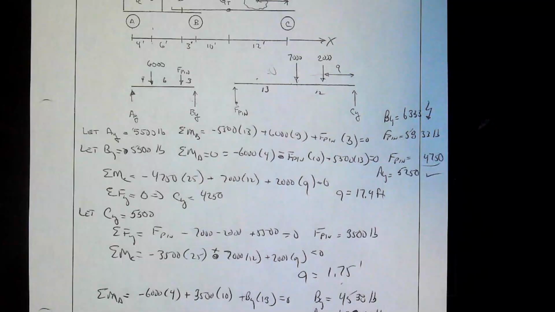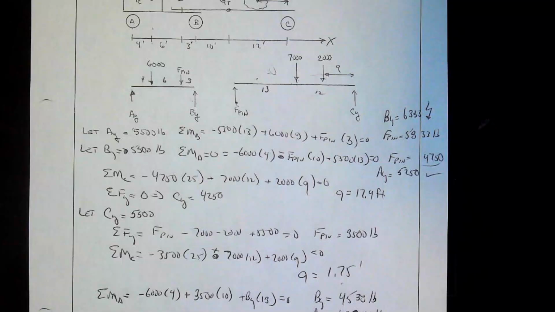That's going clockwise. Minus 5,500 times 13, plus 6,000 times 9 plus F pin times 3. Okay, and we've got to set that equal to 0. Solve for F pin, and one would come up with